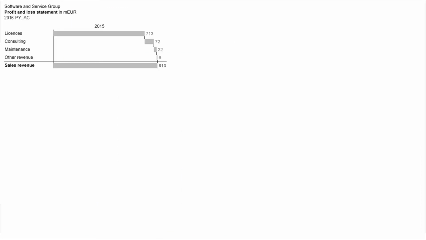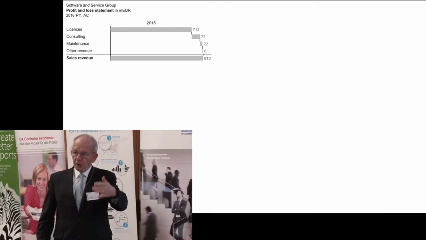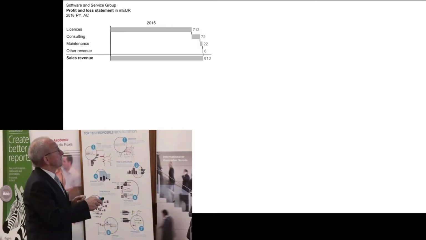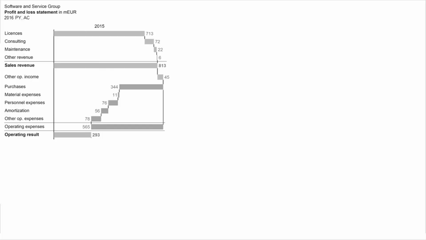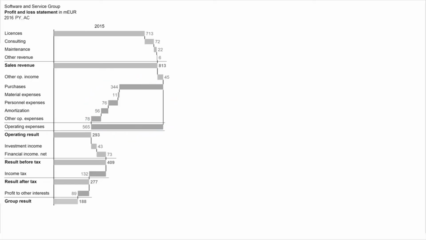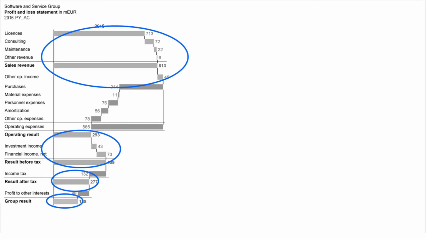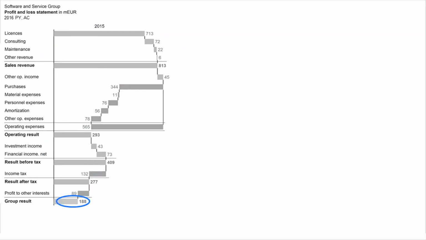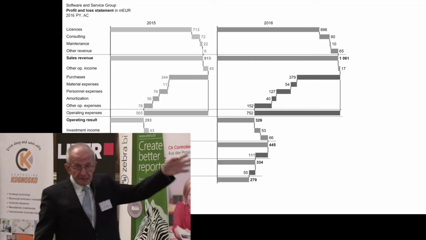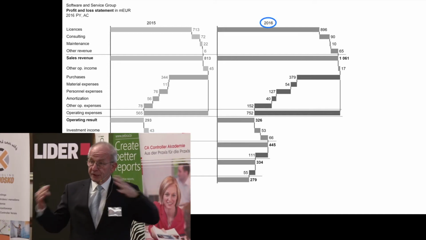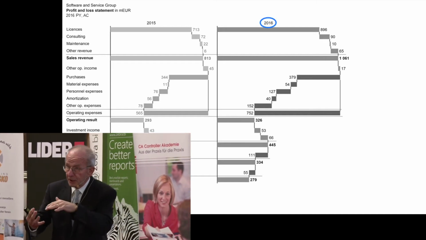I would like to show you the previous year. Because it is 2015, it's previous year, it is gray. We show the calculation. You see if it's a little bit darker, these are the bad guys. The cost and stuff like this is a little bit darker, and the good ones, profit and sales, a little bit later. And you come up to the group result of 188 million. Okay? Then we have the actual values, 2016, which is darker, because it's the actual